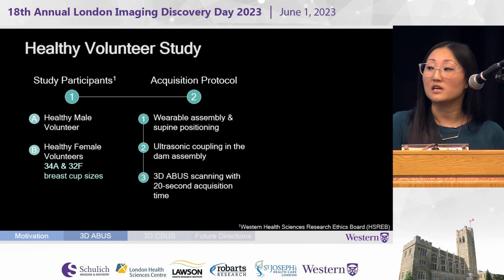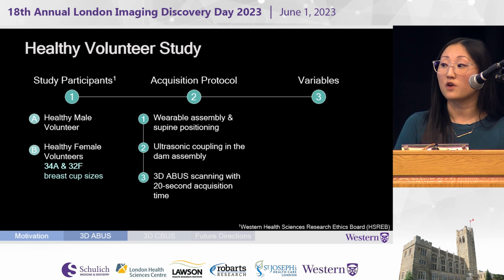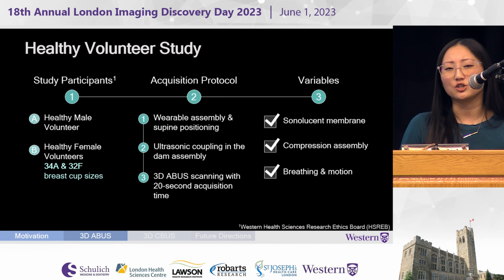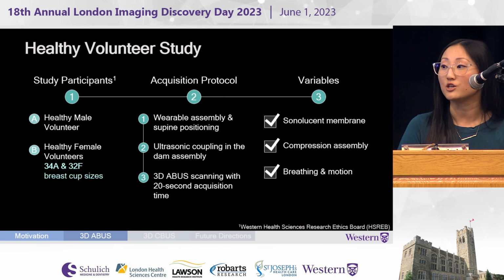Then we performed 3D ABIS acquisition, which involved approximately 20 seconds per scan. Lastly, in this proof of concept, we evaluated the effect of several variables. So the effect of the sonolucent membrane on the image quality, the effect of the compression assembly to help reduce that thickness to improve image quality, and then also its potential robustness with breathing and also motion of our patients,